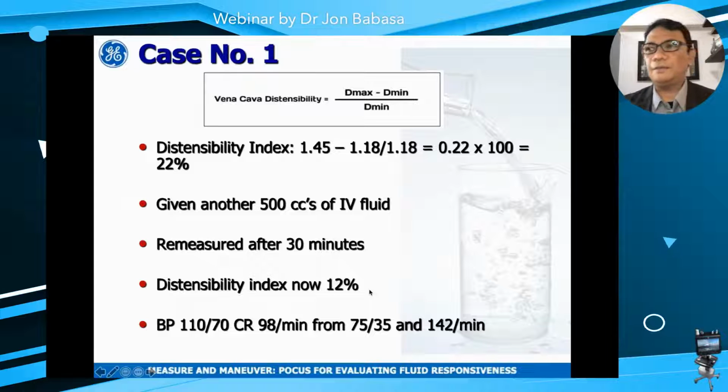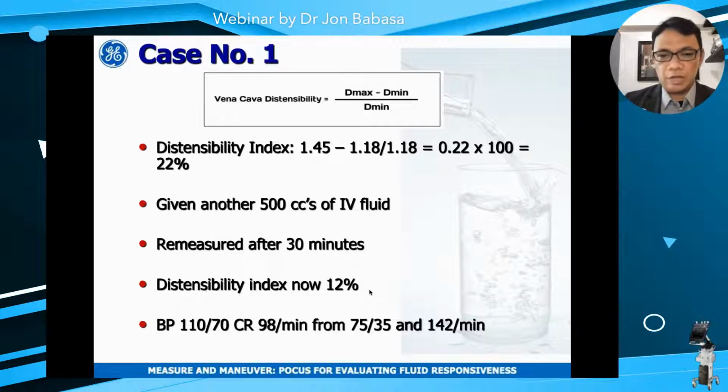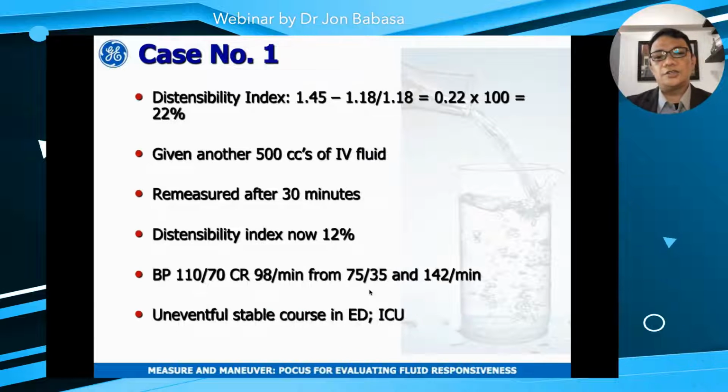The distensibility index decreased to about 12%. And therefore, the vital signs improved. The BP improved to 110/70 from a previous of 75/35. So this patient had an uneventful course in the ER and was eventually transported to the ICU, where he recovered